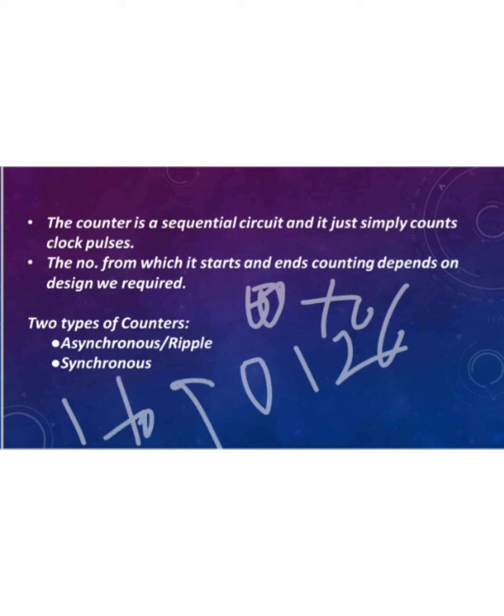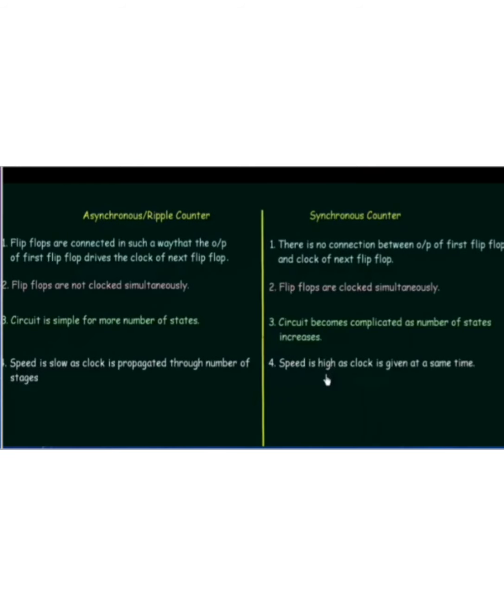Next, there are two types of counters, asynchronous or ripple, and synchronous counters. Difference between asynchronous counter and synchronous counter. Asynchronous counter means the flip-flops are connected in such a way that the output of the first flip-flop drives the clock of the next flip-flop. Like if this is the first flip-flop and this is the second flip-flop, here the clock pulse is given. The output of this is given to the clock input of the next flip-flop. This is the asynchronous